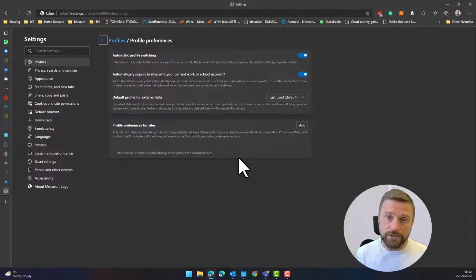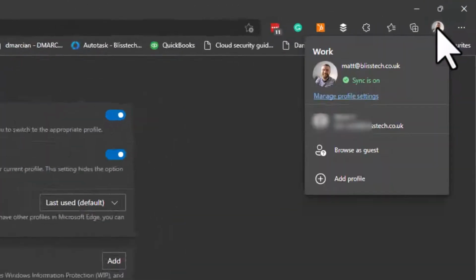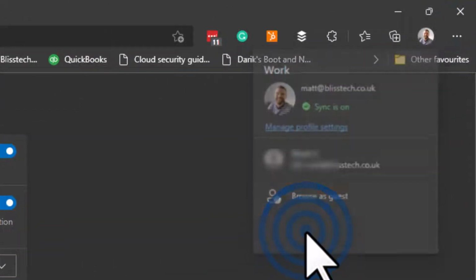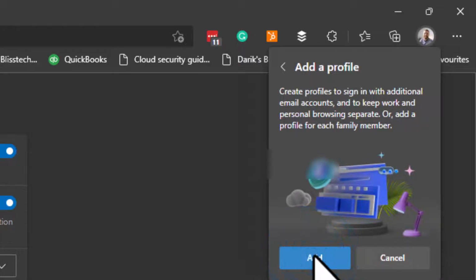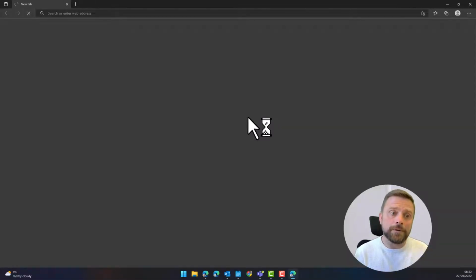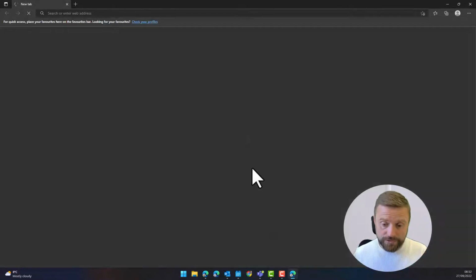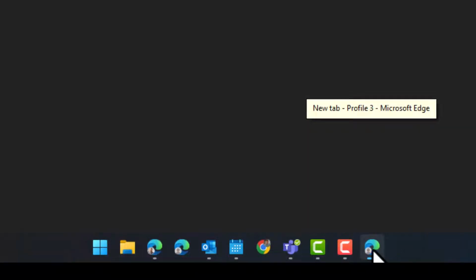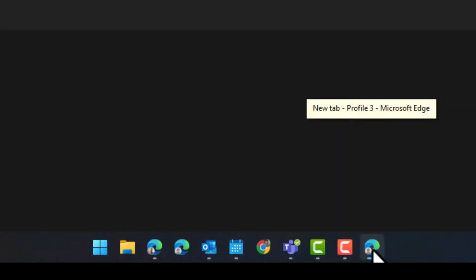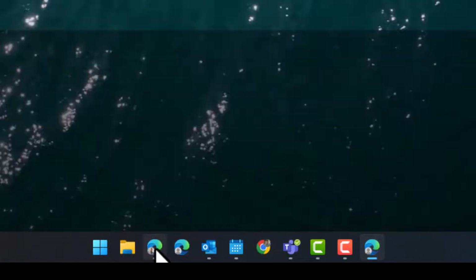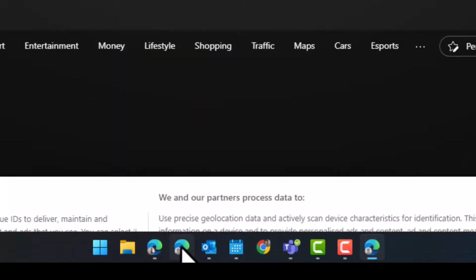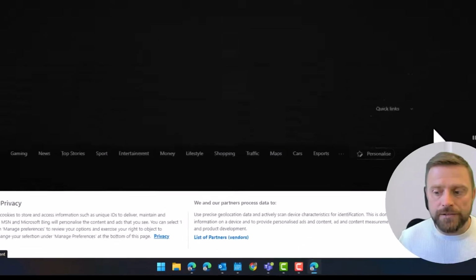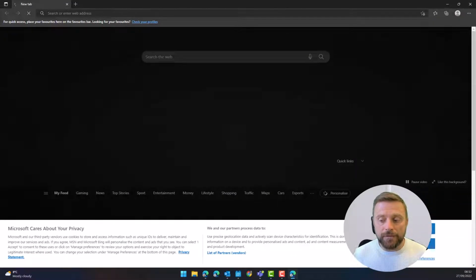So just show you how to create a new profile. So if I click on this and click add profile and then add, it's as simple as that. It will pop up, load the new profile, and if you look down at the bottom of my screen, you'll see here I've got a new Edge window has opened for that profile. I've got my other profile here and other ones. So once I've created that profile,